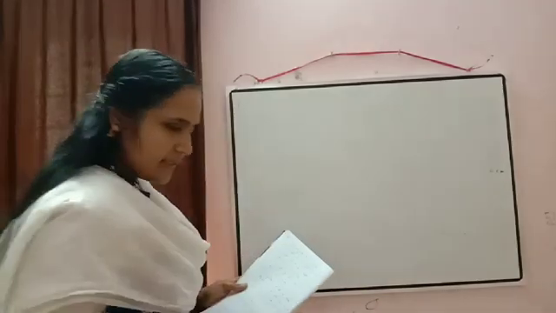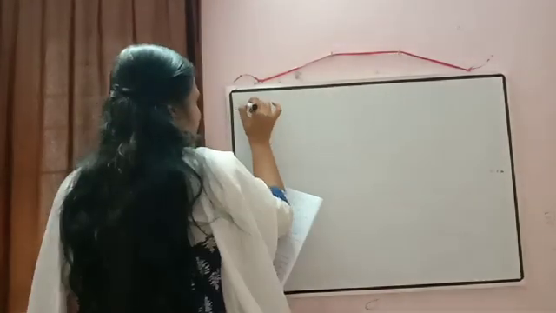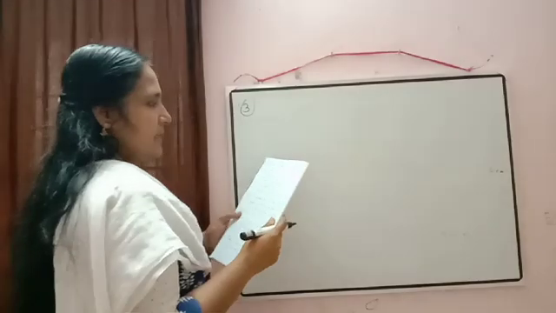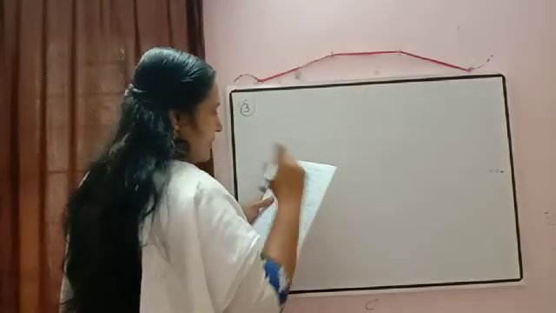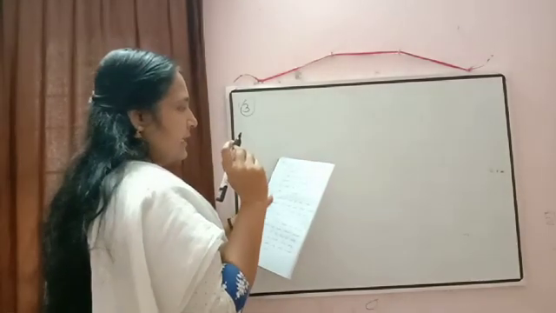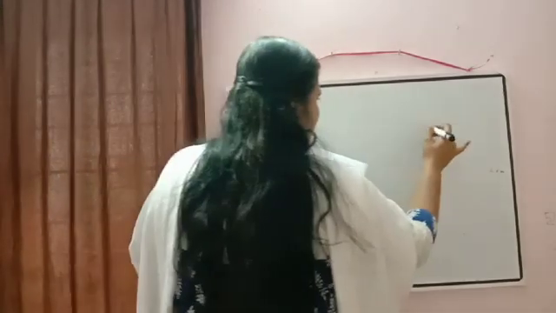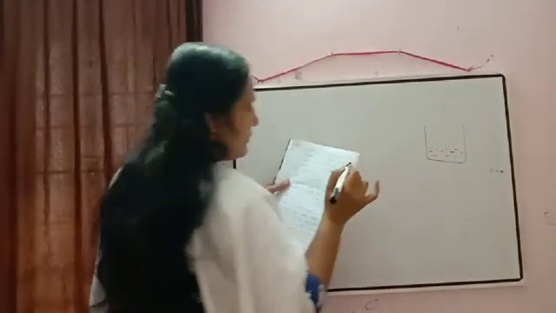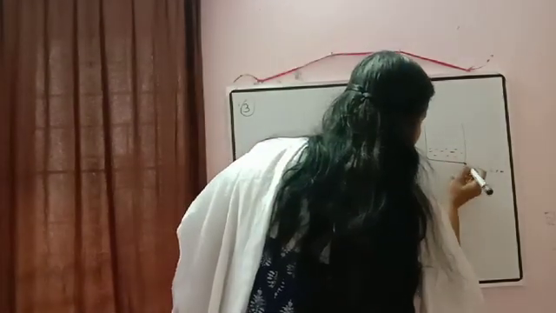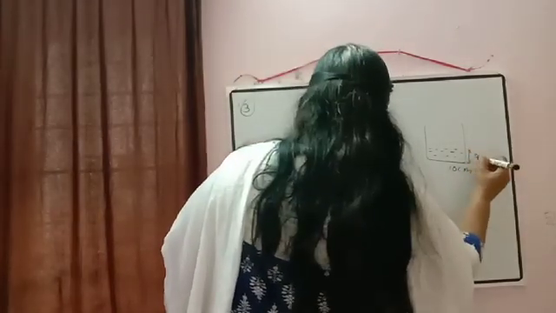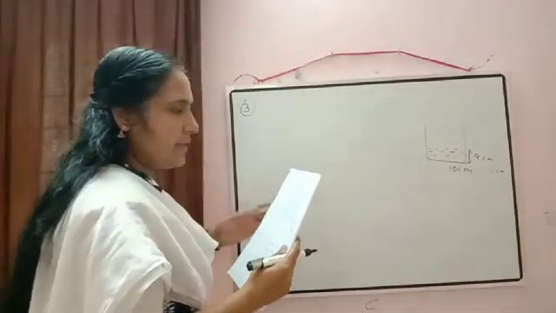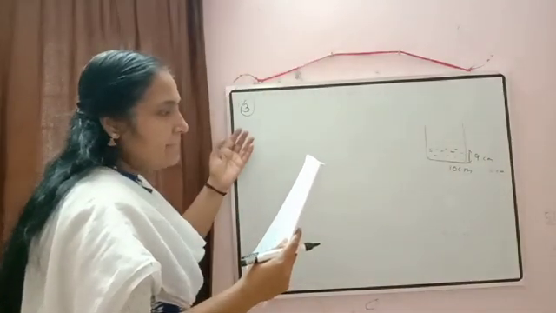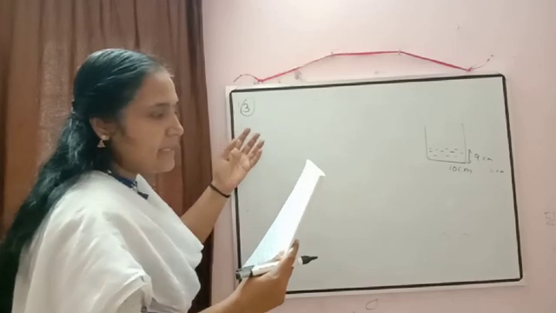In the next question it is written, a glass cylinder with diameter 20 centimeter has water to a height of 9 centimeter. So just to check here, a glass cylinder is there with diameter 20 centimeter, means radius is equal to 10 centimeter, has water to a height of 9 centimeter. Water is there up to a height of 9 centimeter. A metal cube of 8 centimeter edge.